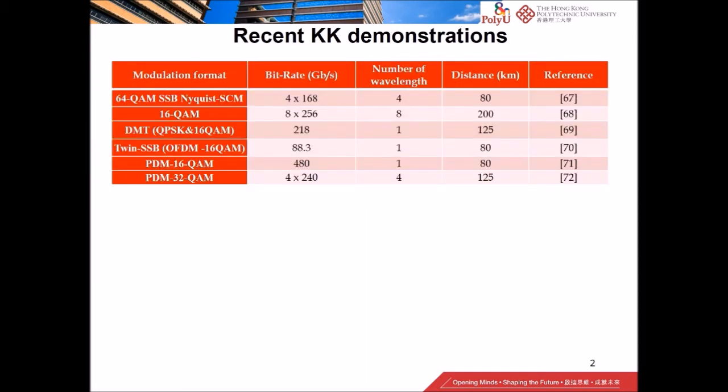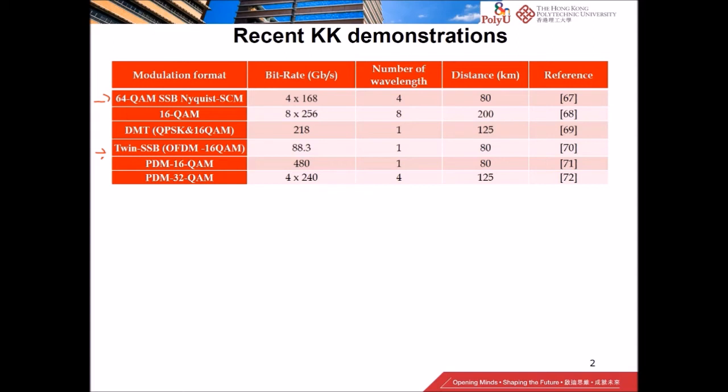Now, since 2 years ago, we have seen quite a lot of KK experimental demonstrations. The first one is from a group from UCL. It demonstrated a pretty high spectral efficiency of, I think, about 4 bits per second per hertz. Then the group from McGill and Sienna also demonstrated using a twin SSB. So basically, they have two SSB signals in two sides of the sideband, and so they can demonstrate